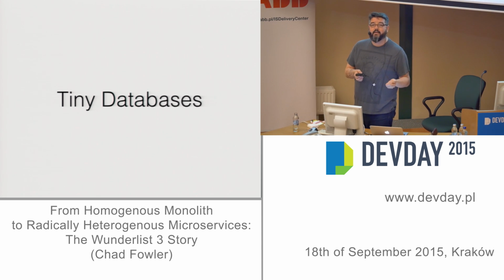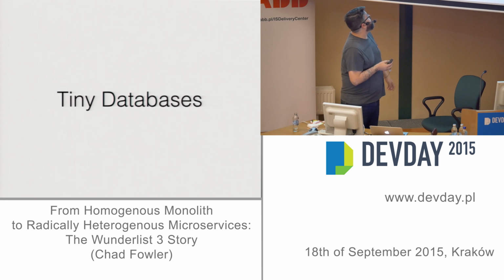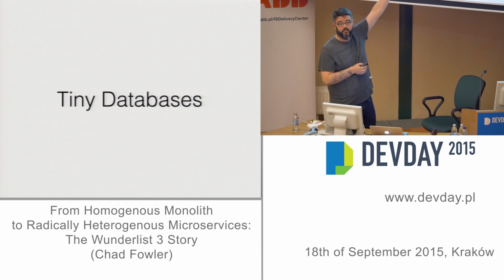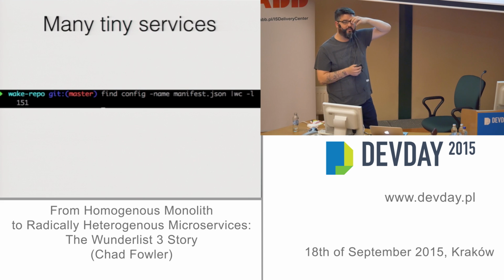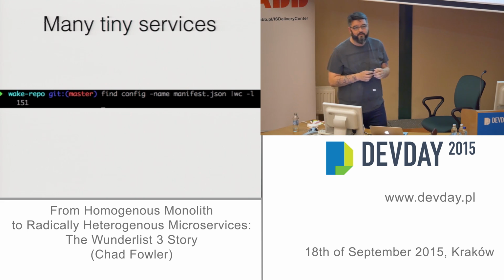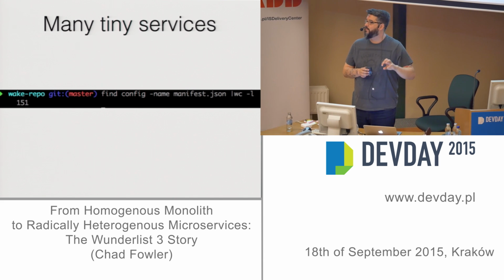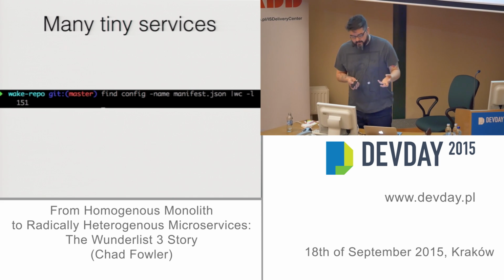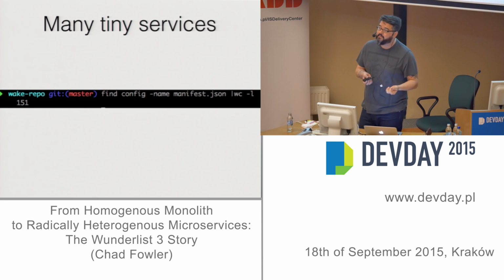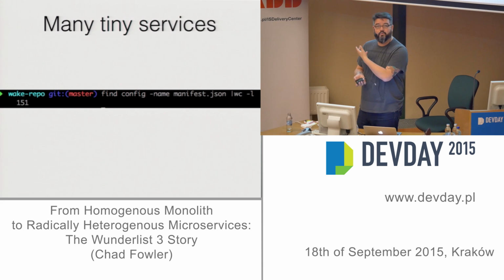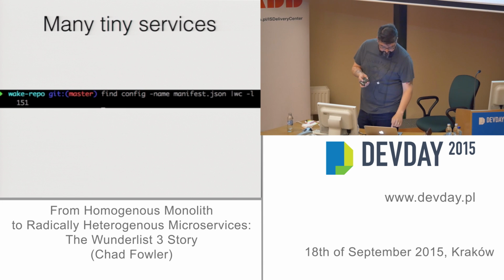And then, as I said, we have many tiny services. So this was a count at one point. I just went through our configuration of all the different things in our deployment system, and we had 151 little bitty services to power this thing, which might sound crazy because it's just a to-do list application, but if you remember that we want components to be shareable as services and not as software components, then it's not really crazy to imagine that a system might have 150 classes, right? This is sort of the equivalent of that, but the classes are accessible via HTTP. That's the way to think about it.